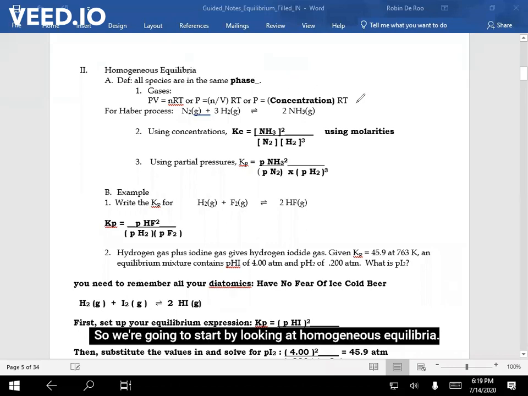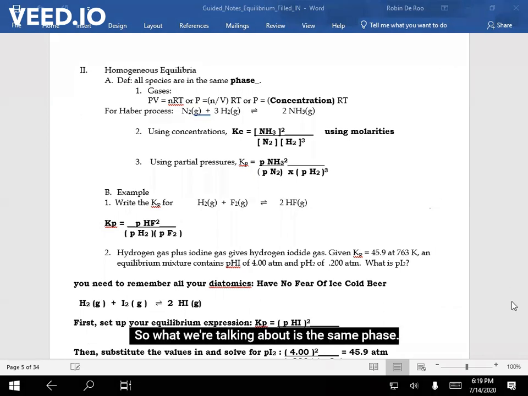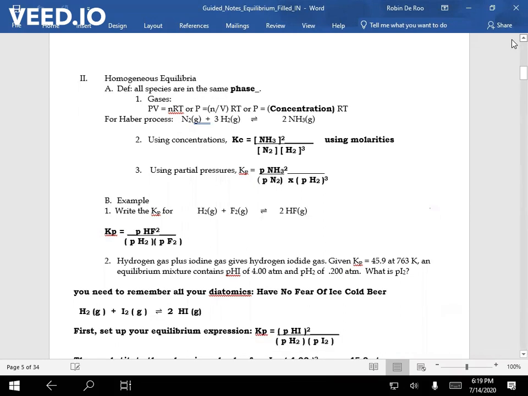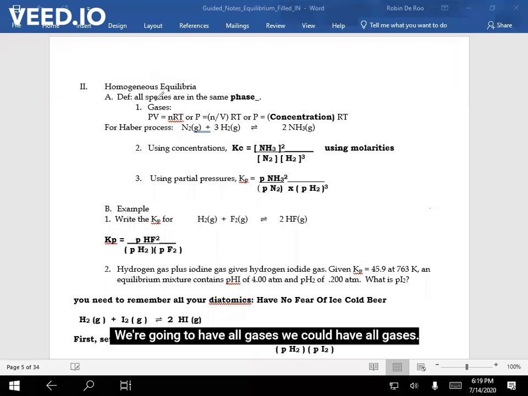So we're going to start by looking at homogeneous equilibria. So what we're talking about is the same phase. So in our example here, we're going to have all gases. We could have all gases, so you will have to use the ideal gas law,